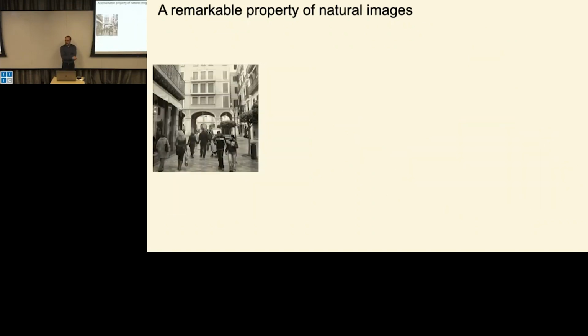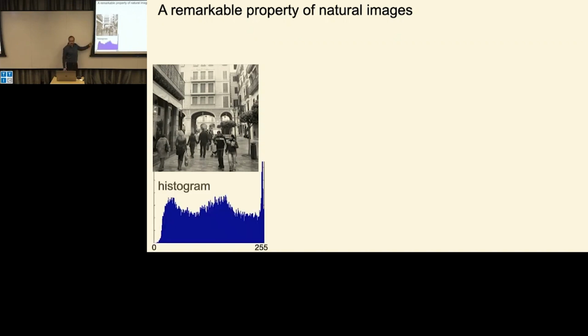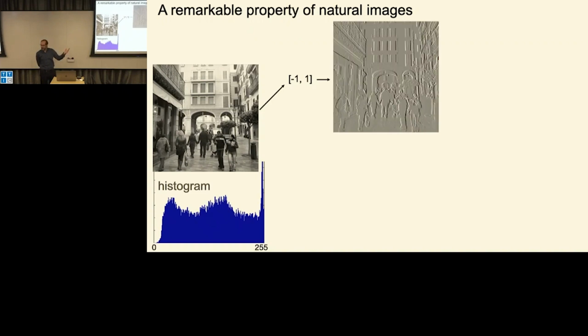There is another remarkable property of natural images. If you take a picture and you compute a histogram, just how many times every particular gray level happens on the image, you get something random like this. But if you filter the image with a derivative, like a kernel that is a -1, 1 that computes the differences between nearby pixels, you get a picture that looks like this, where in this case gray represents 0, and if you compute the histogram of that, you get these shapes, which are these sparsity priors for natural images in the outputs of zero mean kernels. And this is a really strong property of natural images.